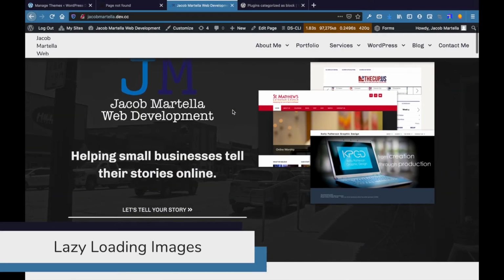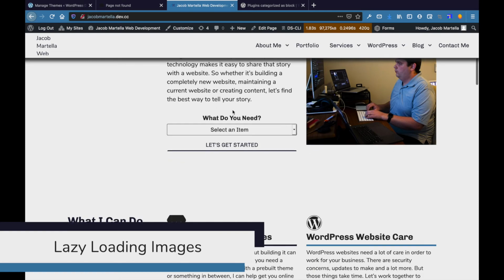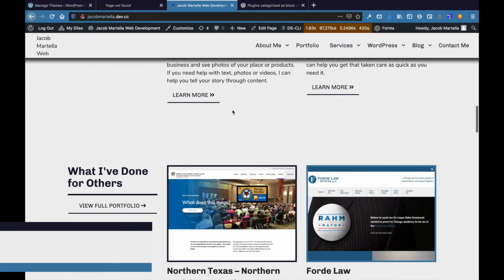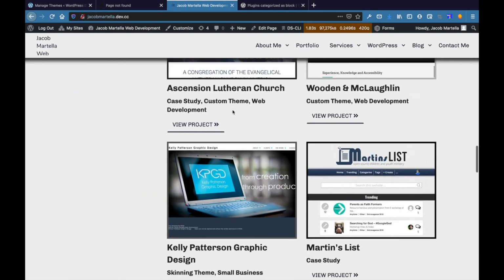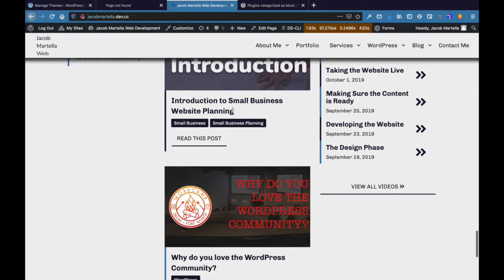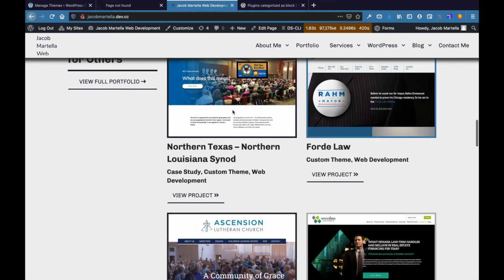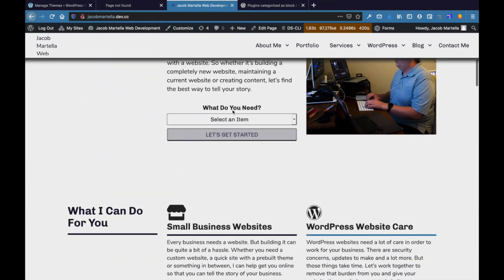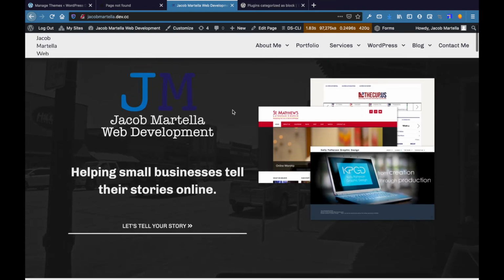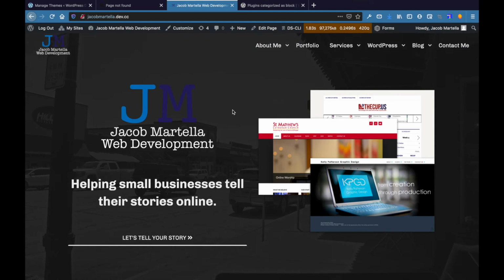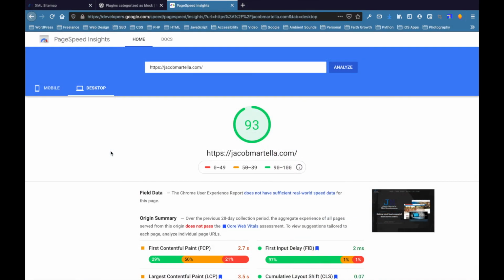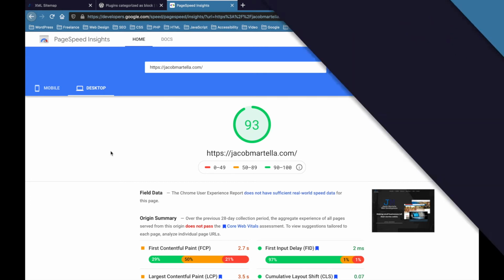Another cool feature you'll get to use is to have your images lazy loaded on your pages. This means that images below the fold or below the screen on page load will not be loaded until the screen scrolls to them. This can be a massive boost for your page speed. Images, when compressed properly, are large files that have to be loaded. Waiting to load them until they are needed allows your page to load quicker, which benefits your users and puts you in good standing with search engines. And the best part is, you don't have to do anything.